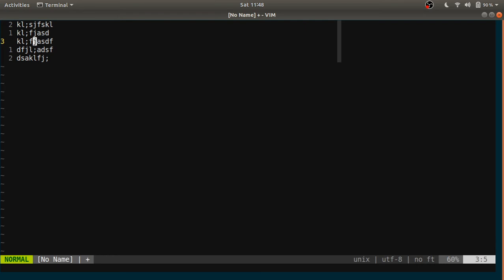We can use V. V is for visual mode. We can select text like this, and you can yank that, copy that and paste that. You can do whatever you want, and that's that, guys. And let me show you, for example, something. Yeah, and you guys can do this thing also, like double G is for the start of the file, and shift G is for the end of the file, and CIP means change the paragraph.